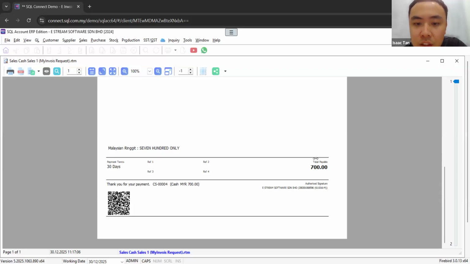But I think your site still needs to print out or export to email, or give a hard copy with the QR code to your customer. This is better. Okay, your site also needs to provide